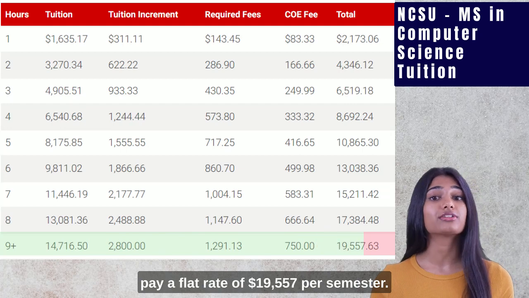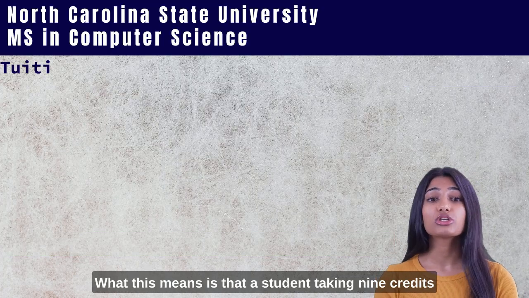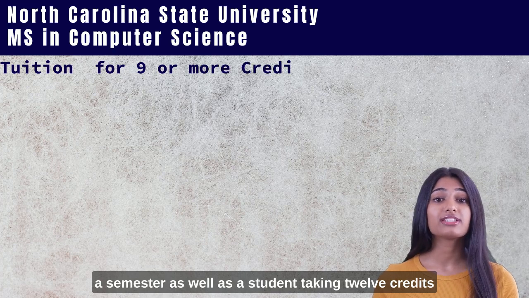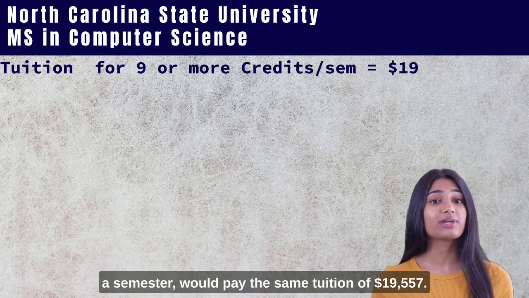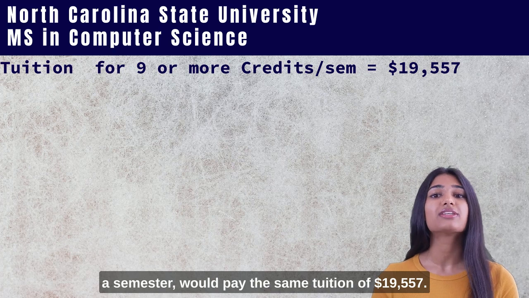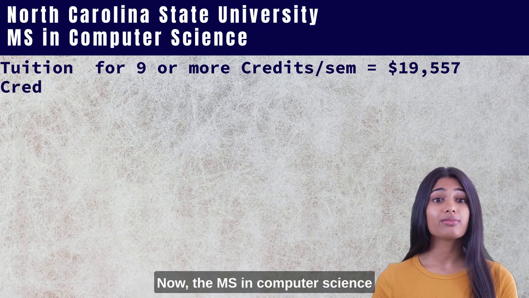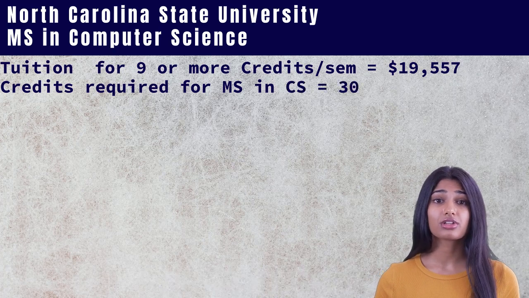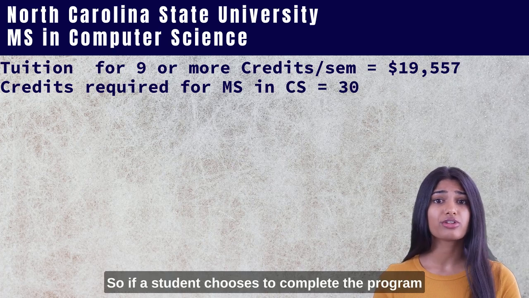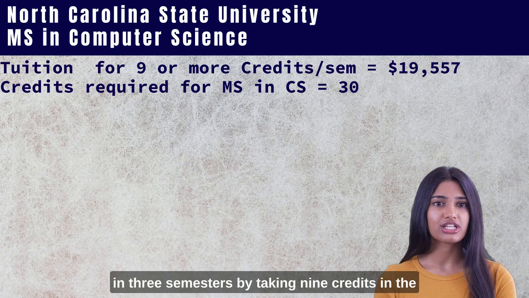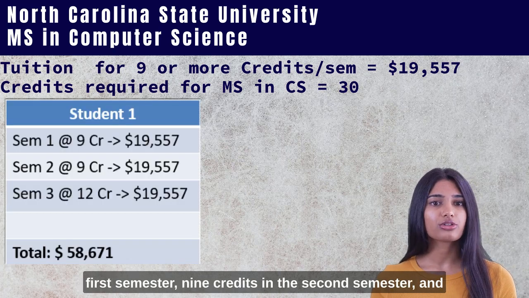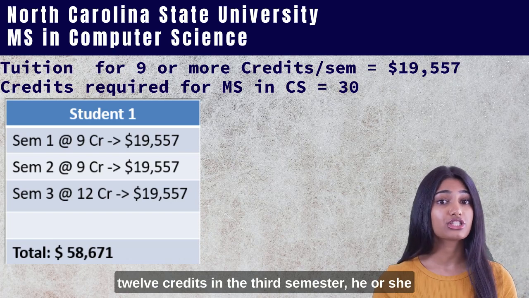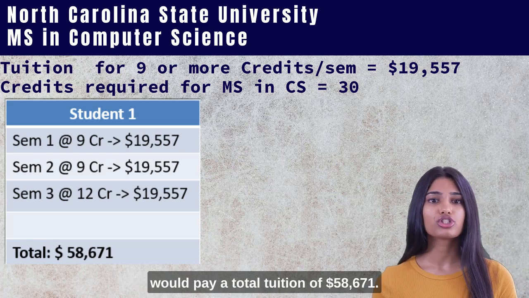$19,557 per semester. What this means is that a student taking 9 credits a semester as well as a student taking 12 credits a semester would pay the same tuition of $19,557. Now the MS in Computer Science program at NCSU is 30 credits. So if a student chooses to complete the program in 3 semesters by taking 9 credits in the first semester, 9 credits in the second semester, and 12 credits in the third semester, he or she would pay a total tuition of